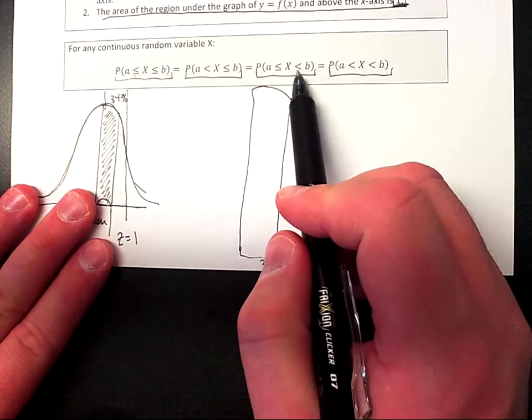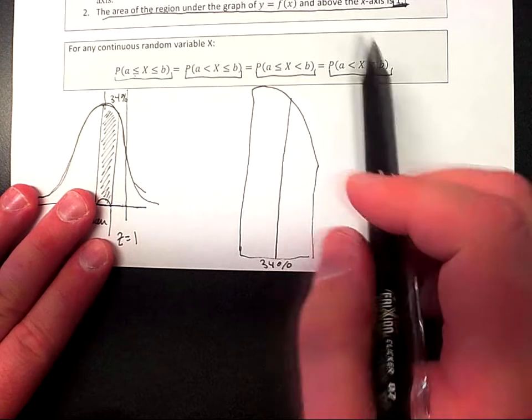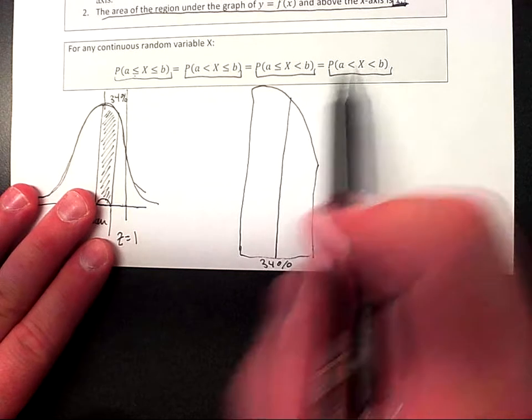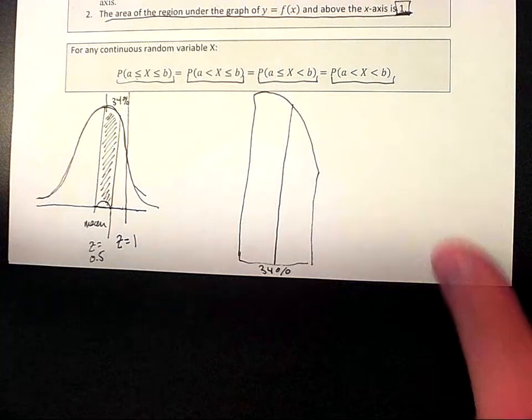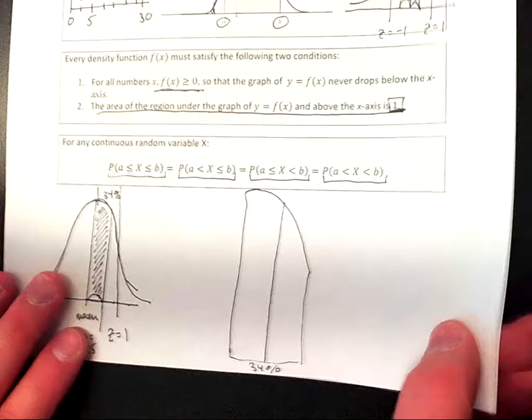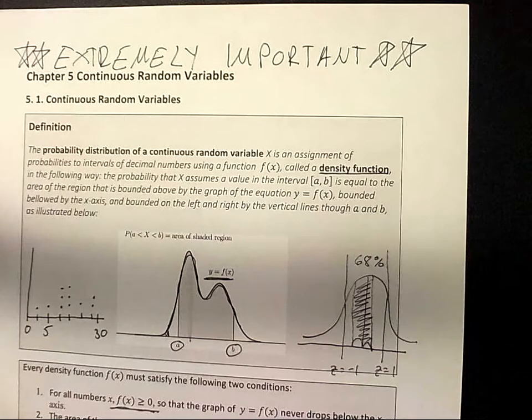And then this one right here is missing it by the b term, and then this one is missing both of the equality signs. And basically what we went through then is we went through a discussion. I don't think that's on the back side of this page. But we went through a discussion about